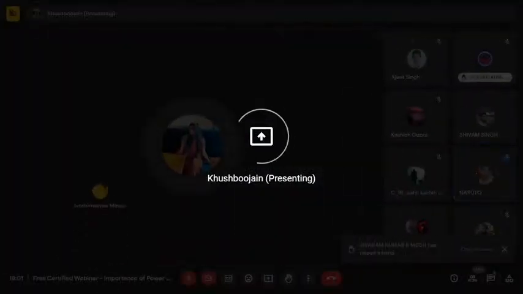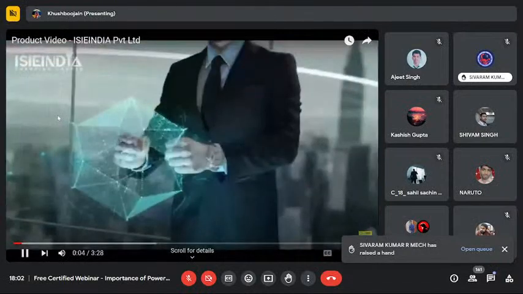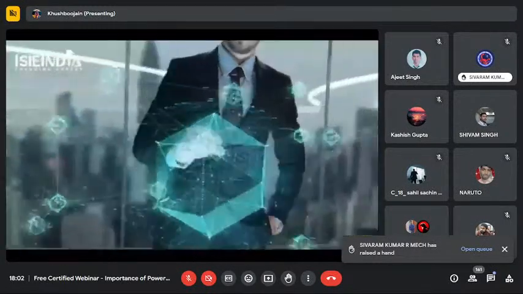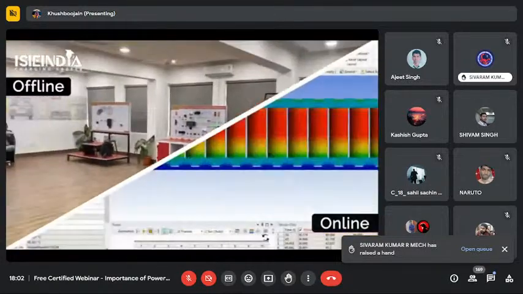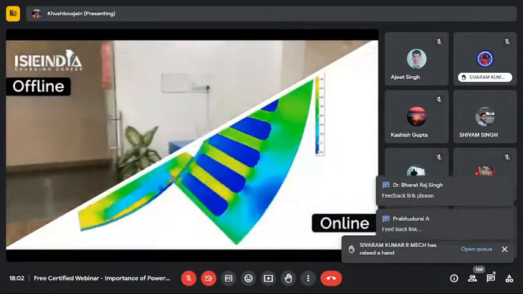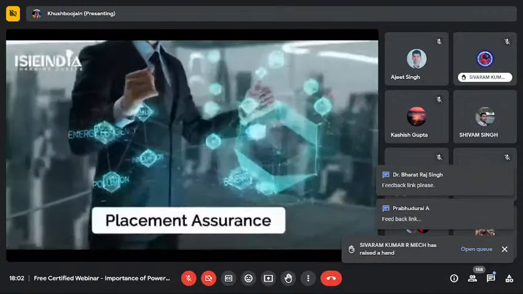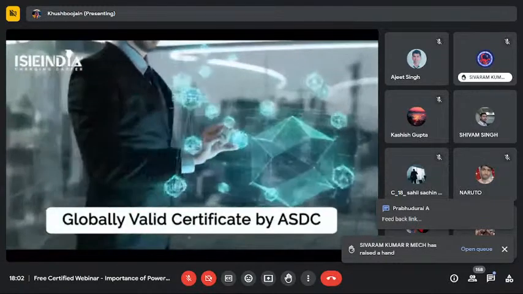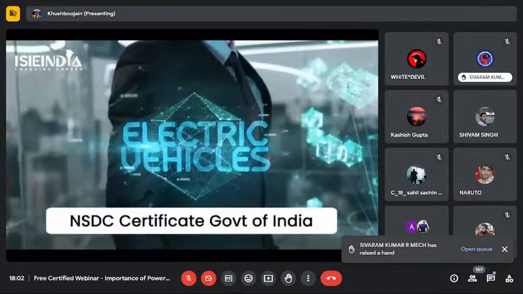Hello, engineers. Do you also want to expand your knowledge of electric vehicles and want to secure a good job in the automotive industry? Let me help you to get there with our online and offline products. ISIE India has been offering specific domain courses as per the industry demands with perks like pay after placement, no cost EMI, placement assurance, global wide certification by Automotive Skill Development Council ASDC and National Skill Development Corporation NSDC Government